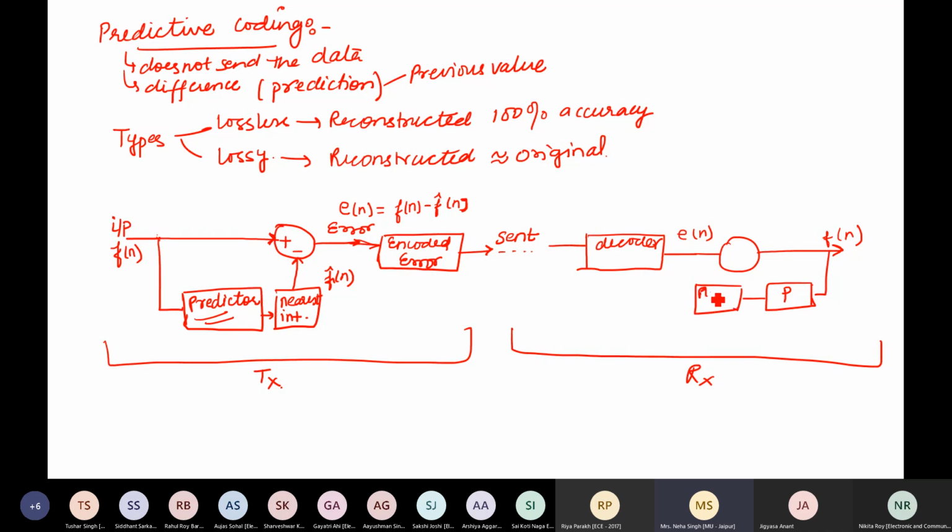Then I round to the nearest integer again, and whatever I get here, I add it to my error. So this is my f cap n. Whatever error I got gets added to this, and finally I reconstruct my image.